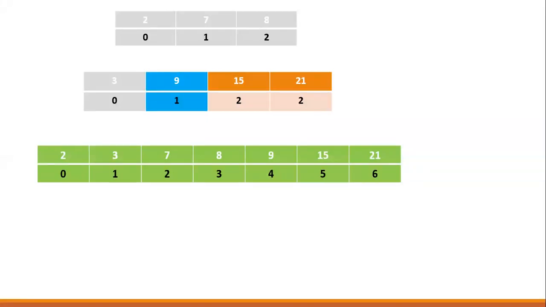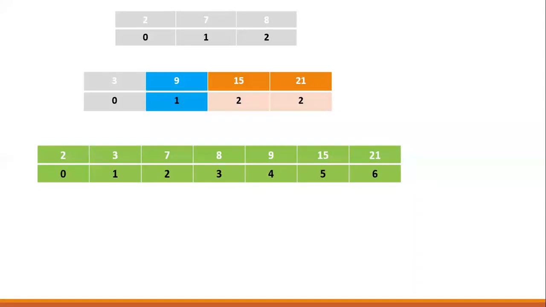There is nothing to compare. To whom will you compare? No comparison is left. Array 1 is already over. It has already come into array 3. So finally, all the elements which are left of array 2 will directly come over here. Students, this case can be vice versa also. It may happen that array 2 is small, array 1 is bigger. So what might happen is that all the elements of array 2 might come and all the elements of array 1 might be left. So in that case, what we have to do is, at the end, whichever elements are left, either from array 1 or array 2, we have to simply put them into the array 3, because in array 1 and array 2, they are already sorted.